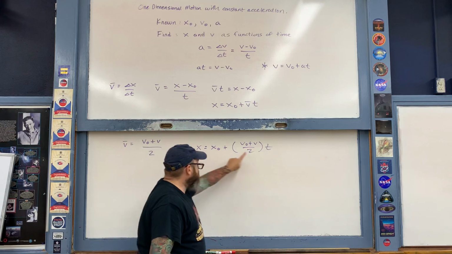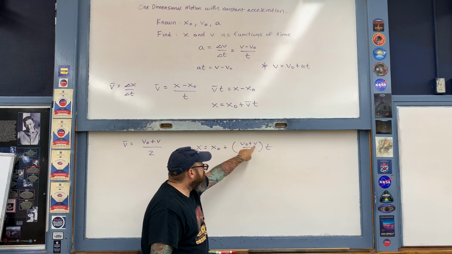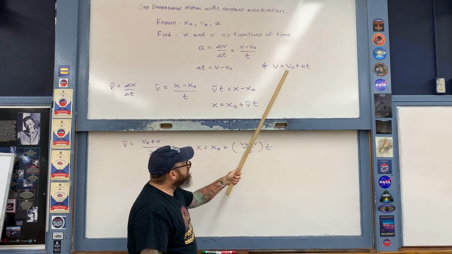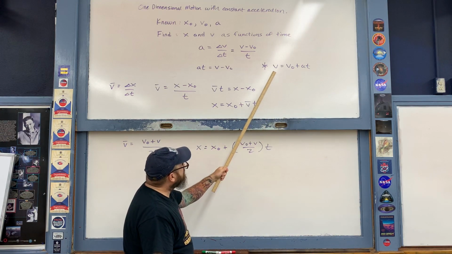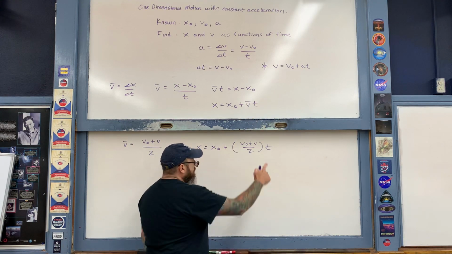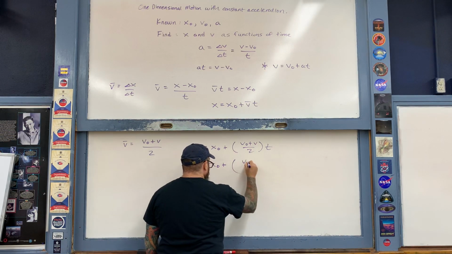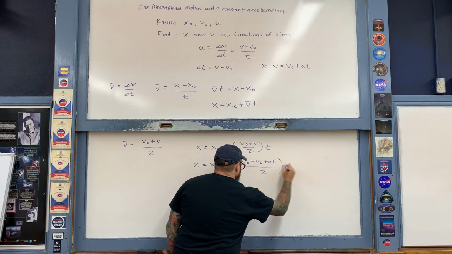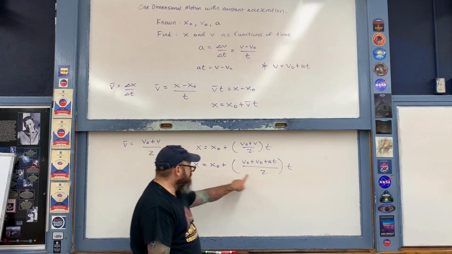It's giving me position as a function of time in terms of initial position and in terms of the initial velocity, but also in terms of the final velocity v. But we already know what the final velocity v is. That's this expression here that I derived earlier. So the last couple of steps involve taking this expression now for the final velocity v and plugging it into here. Like so. This equation here now gives me what I'm looking for, a description of the position as a function